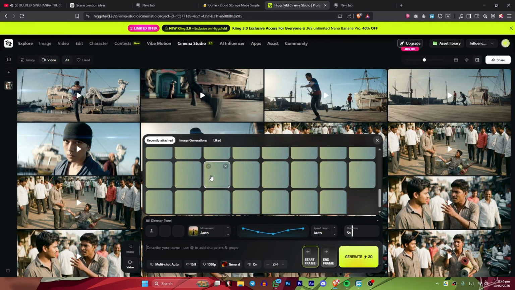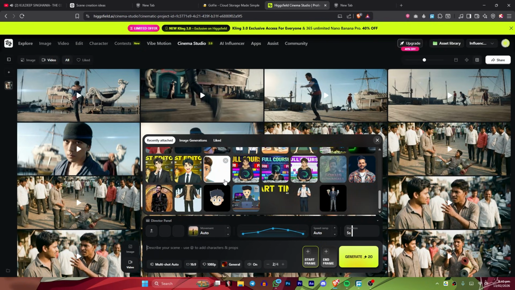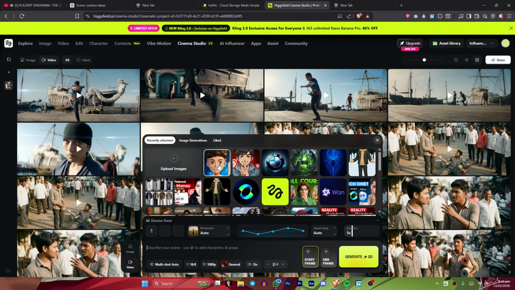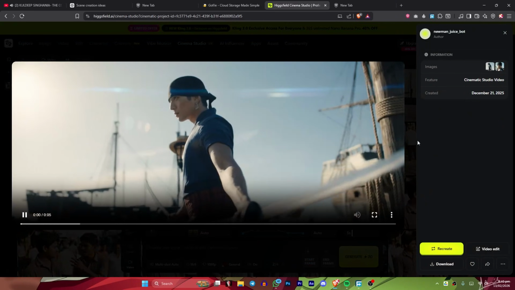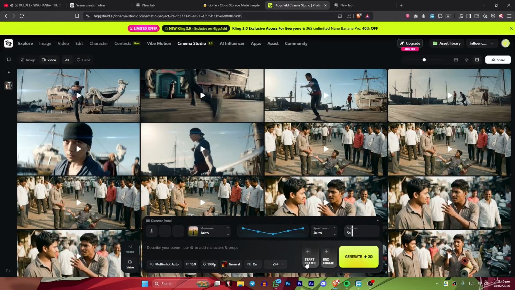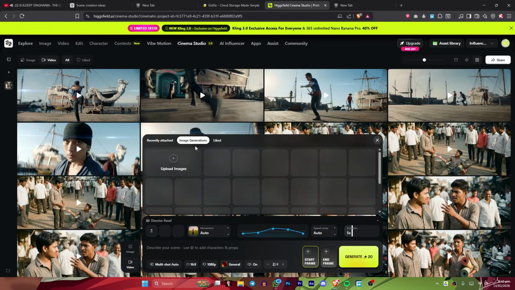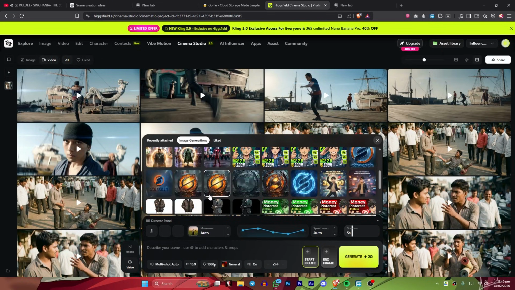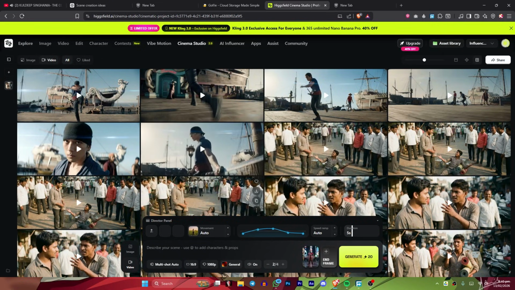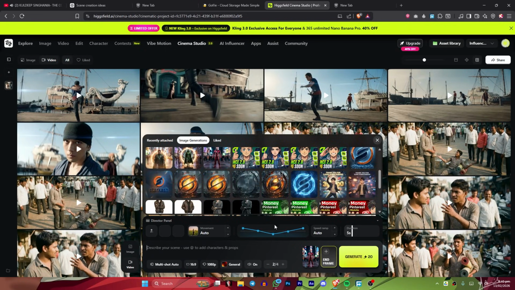Also, you can customize it. There are a lot of options. If you want any specific thing, you can also select it. And the next is camera control. Camera control allows more precise control over the cinematic movements. This helps to create professional camera work similar to real filmmaking. And there's also the option add characters. I can also add characters into the scene. This helps to create more dynamic cinematic storytelling.